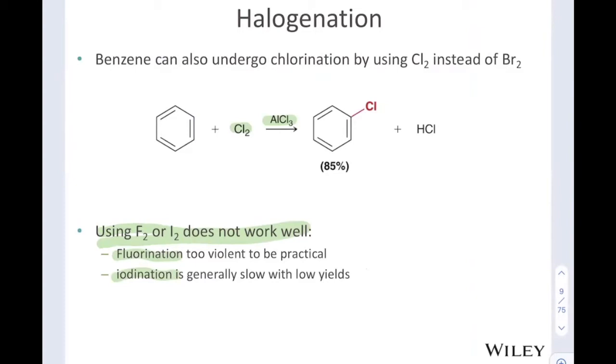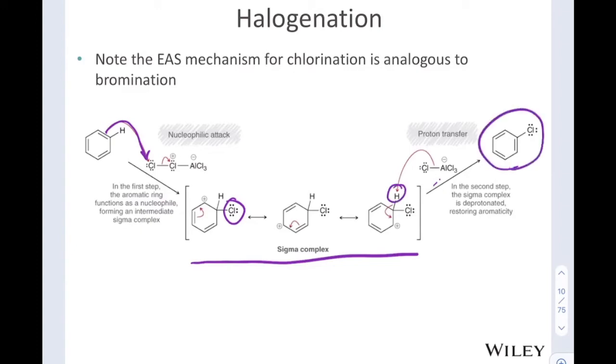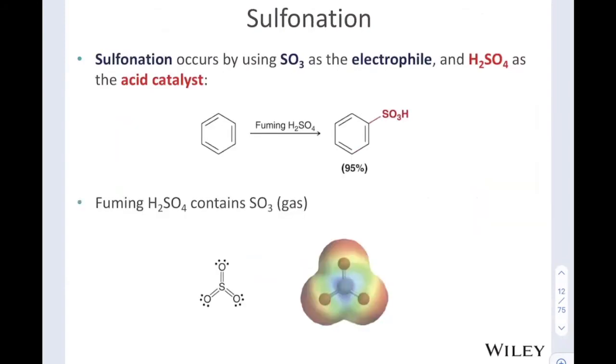So chlorine and bromine are the two halogens that we can add in this way. This is just showing the same mechanism for the chlorination with AlCl3. So we have the nucleophilic attack of the electrophile. We add the electrophile there, creating our carbocation, our resonance stabilized sigma complex. And in the last step, our sigma complex is deprotonated, regenerating our benzene and restoring aromaticity. The second reaction that I'd like to talk about is sulfonation, where we add SO3 to our